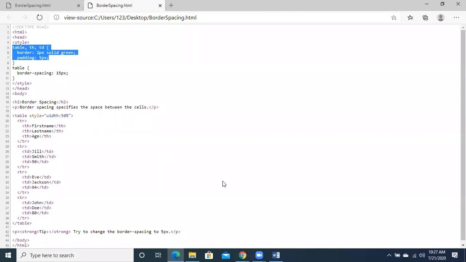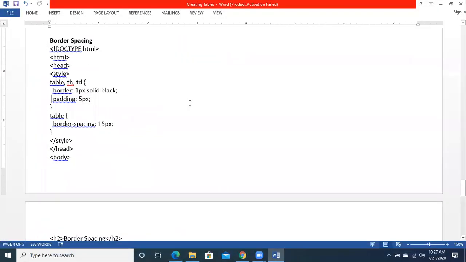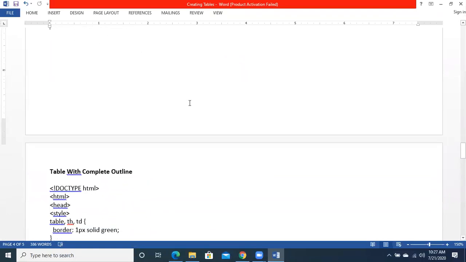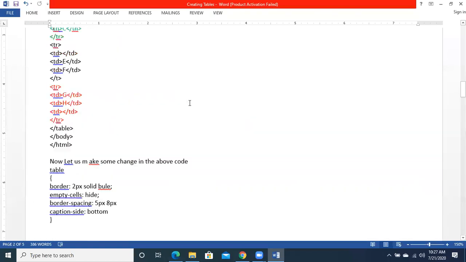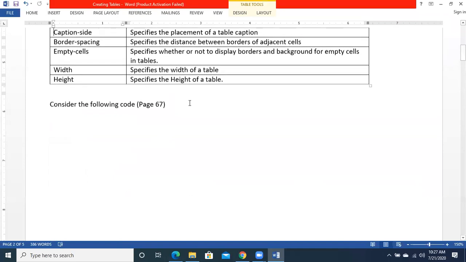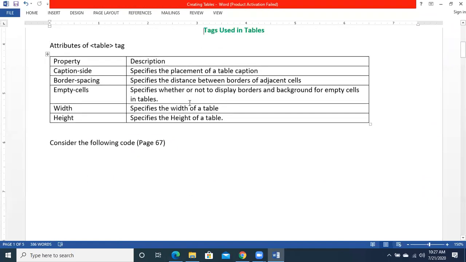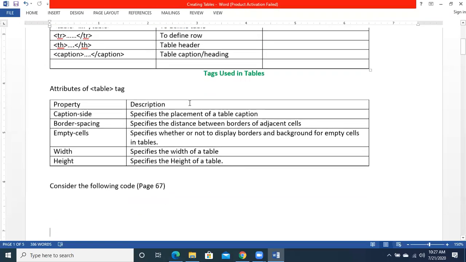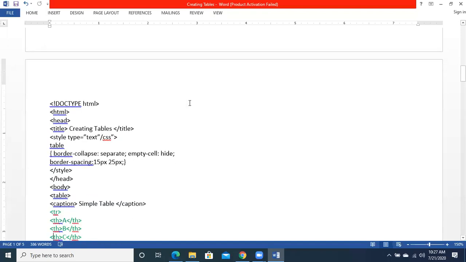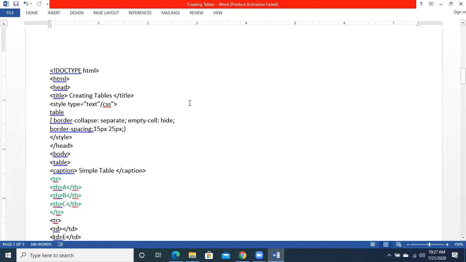Padding is 5 pixel. Some properties are there that we had discussed, and I had told you that these are mentioned in your book as well. I had also given you some tabular data in your files where we discussed all these things. Basically, the padding refers to the space controlled by this attribute.